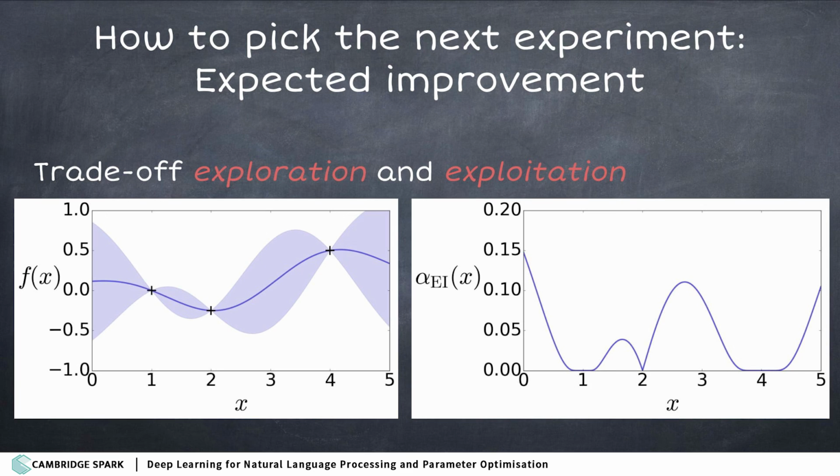The big idea, and this comes up in a lot of areas like reinforcement learning and other control problems, is that we want to trade off exploration and exploitation. We want to go for areas where we're not too certain, maybe they're great, hopefully they're great, but also we want to go for areas where we think, okay, this is probably pretty good, so I should make sure I find the true minimum in this region.